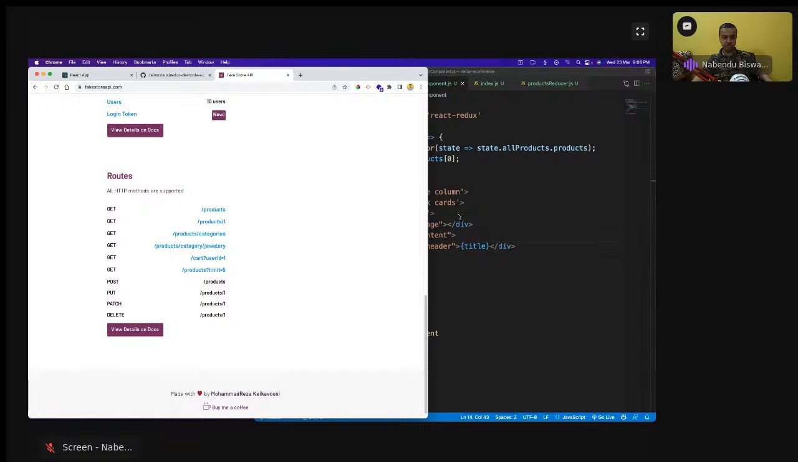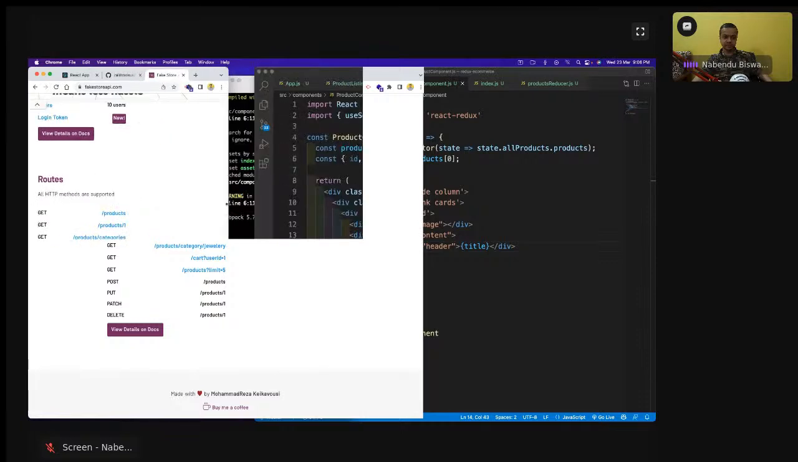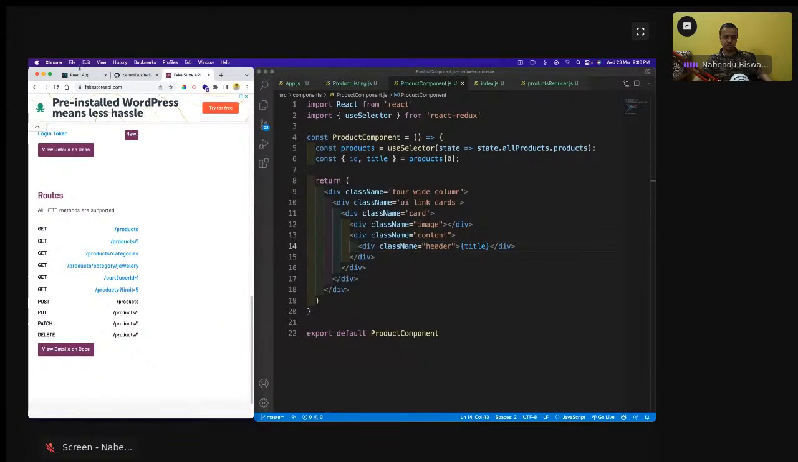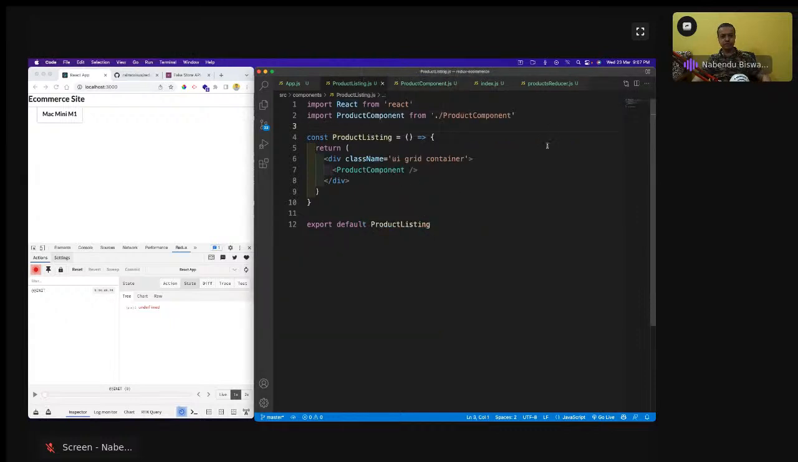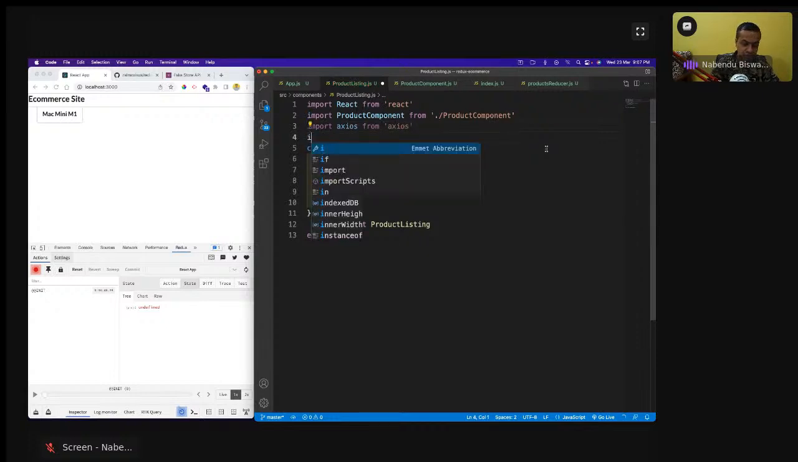So let us do that, and we are going to do that in the product listing page. So in product listing, we are going to do the API call. Okay, so let us come here in the product listing, and we are going to do the API call from here. Axios and all we have imported already. So I'll go here and do import Axios from Axios, and import